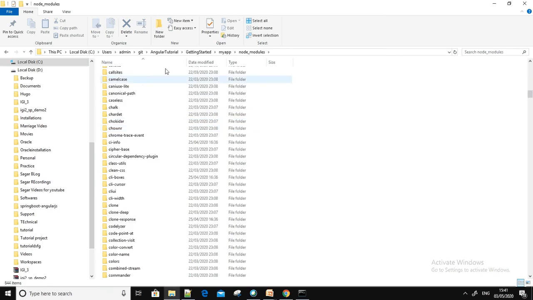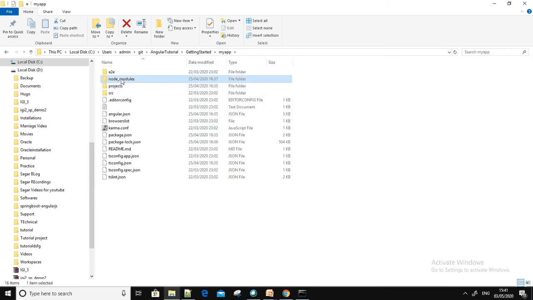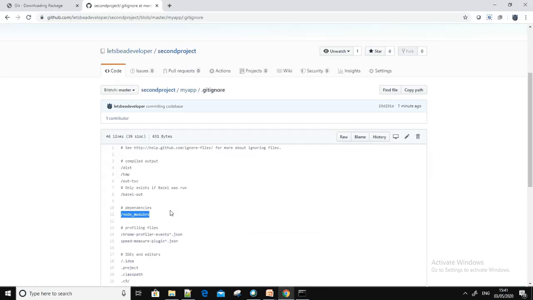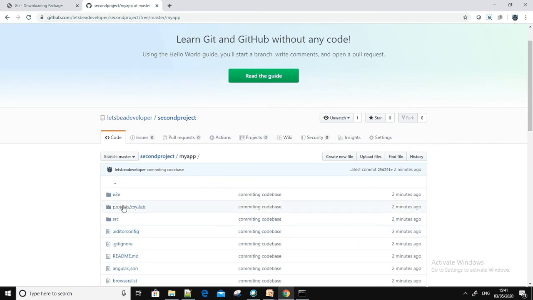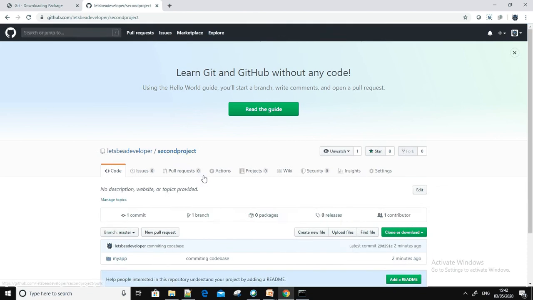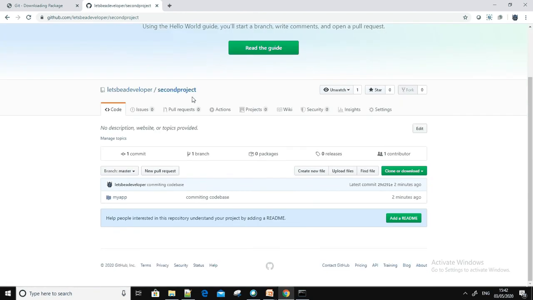A lot of files or dependencies got added, and if I see the file size of node modules, it would be around 246 MB here. So it is not good to commit all the node modules, and it is not a good practice. So we have added it into the git ignore. Whatever is added to the git ignore, it will ignore those files and just push the remaining files. So this is how you have committed your changes.